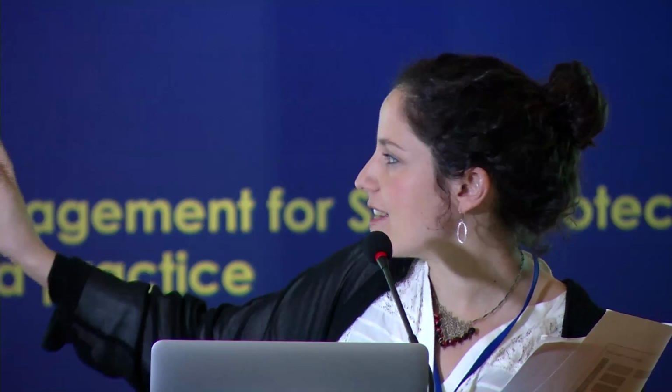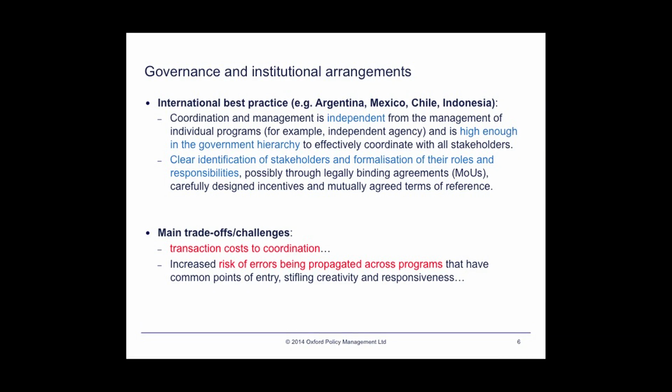And fourth, this clear identification of stakeholders and formalization of their roles and responsibilities. A lot of this is about building those relationships with other ministries, getting them on board, convincing them, all the soft, informal networking. But there also needs to be some kind of formalization. So memorandums of understanding, design of incentives, for example, even with local authorities. I'm not talking just about higher level government institutions, even lower level institutions.